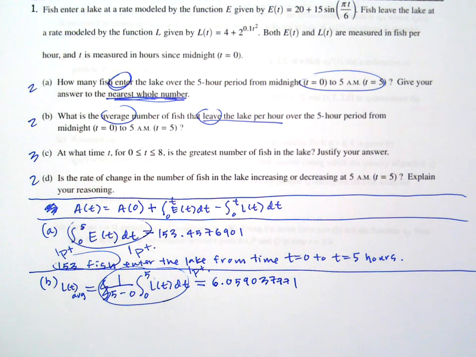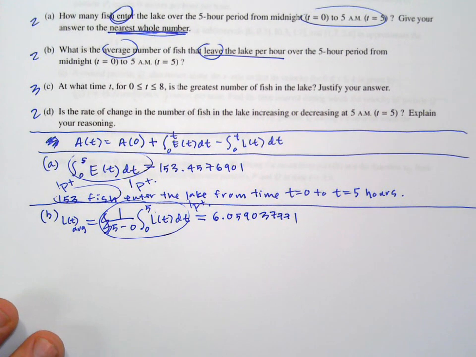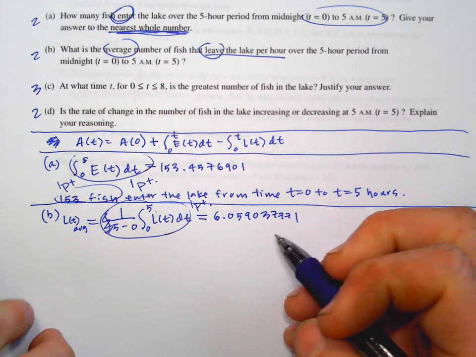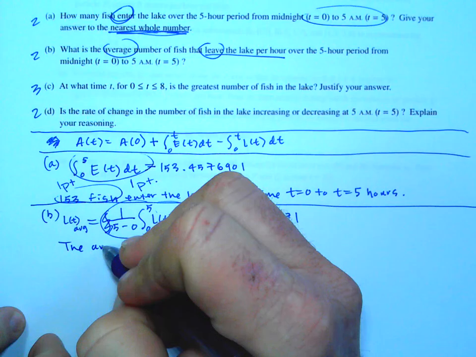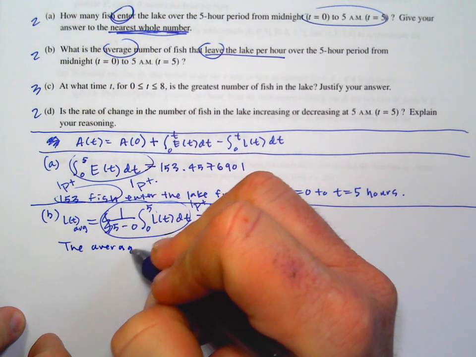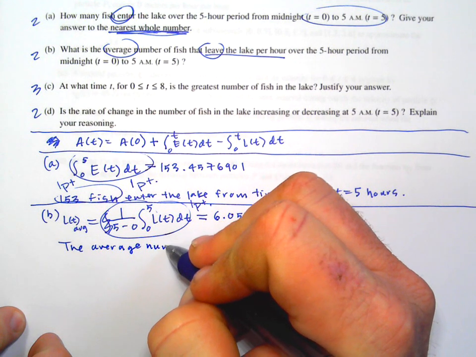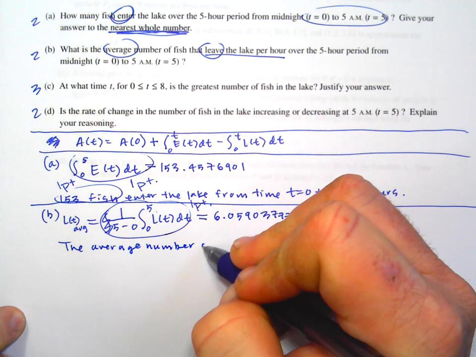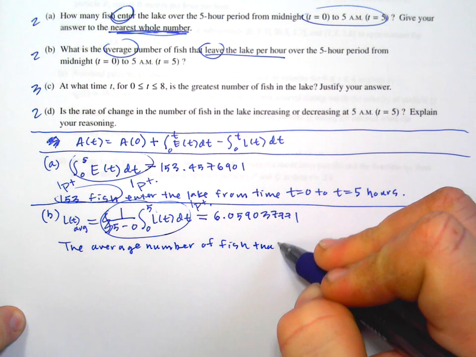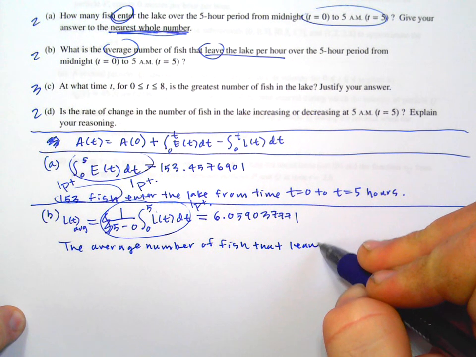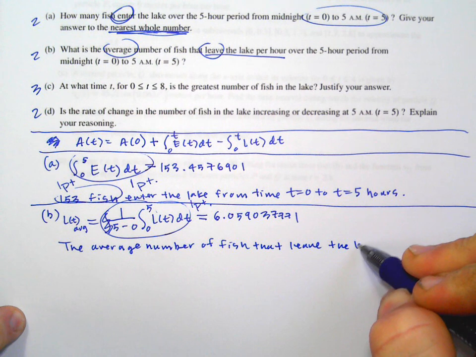Now, did they tell us to round to the nearest whole number on this problem? No, so you should not. If you do, you're going to lose points. So I'm going to write the answer kind of nice. The average number of fish that leave the lake